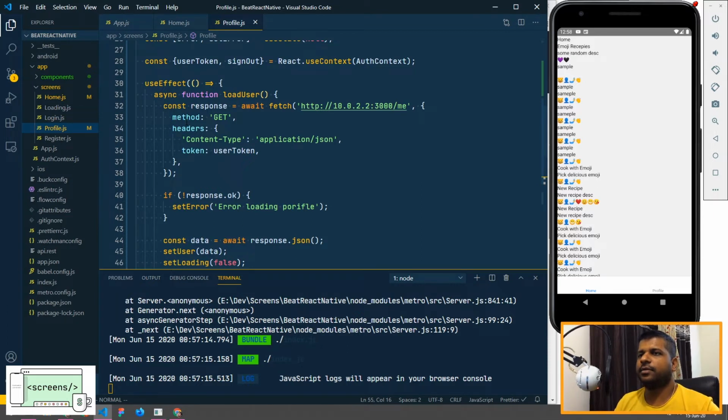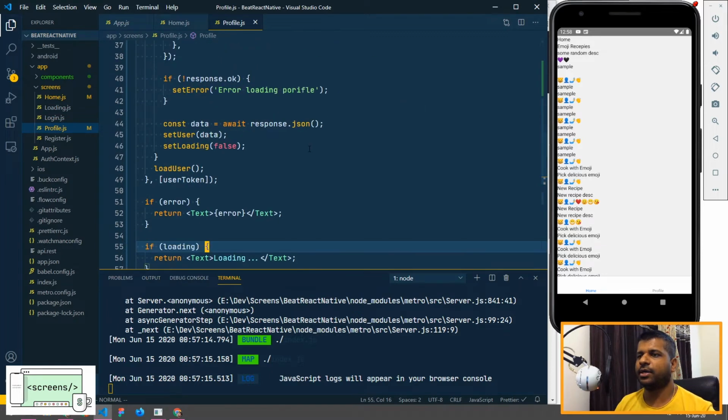We'll create a custom hook and extract out the common functionality of error and loading, and then when loading is done, I'll pass the data directly to the child. So let's go ahead and see how it works. I did create a video before as well on how to make this custom hook. I'll leave the link above.